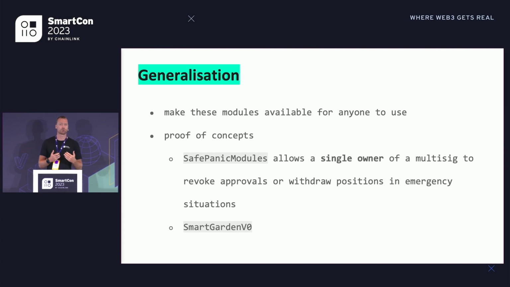and we want to try to generalize that system and make it available to a lot more DAOs or even power users. We started working on a couple of proof of concepts. Safe Panic module is one, which is a module, being a smart contract that you install basically on a multisig. We built that out during a hackathon, in this case allowing a single owner of a multisig to sign on a very particular specific set of transactions,